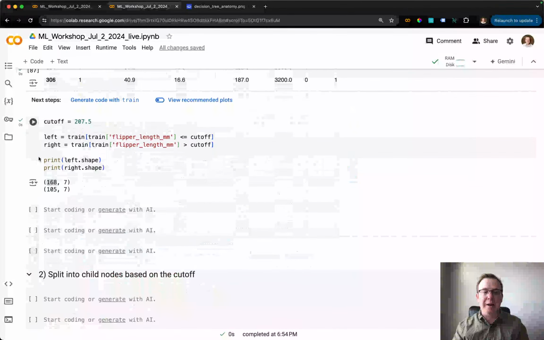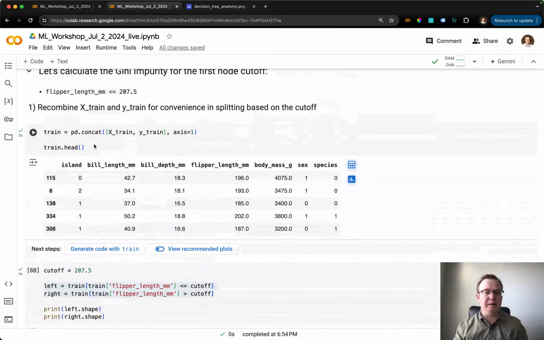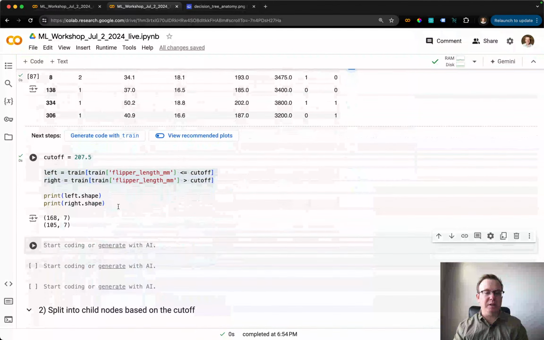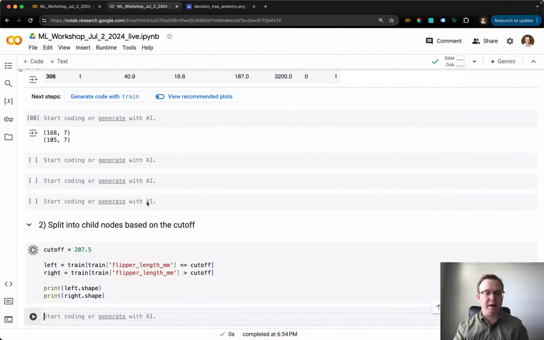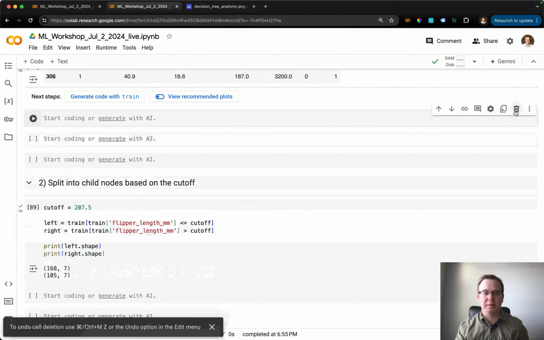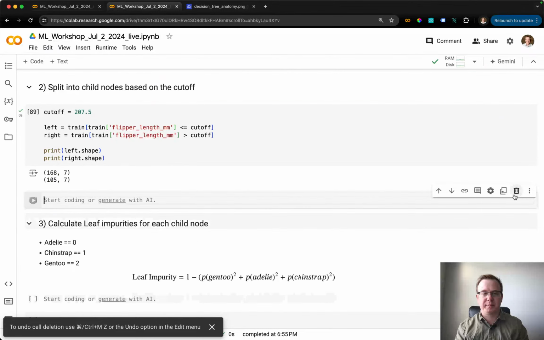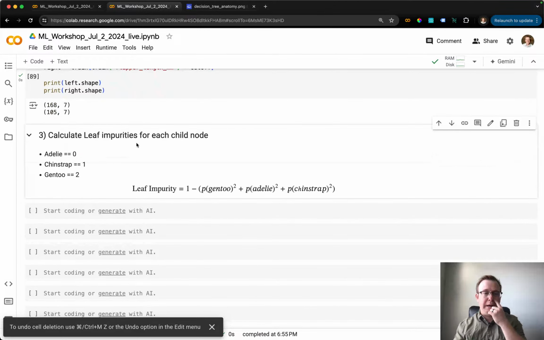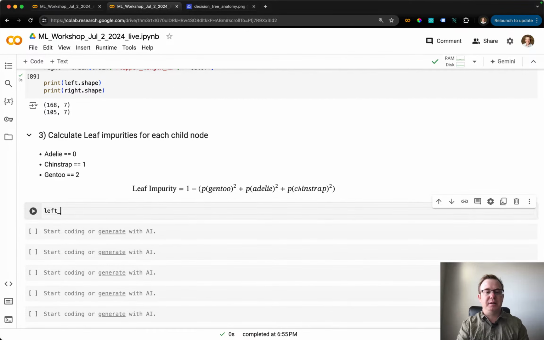But now I need to calculate the Gini impurity of left and right. Oh wait, so let's see. Recombine, I meant to do this down here. Split into nodes based on the cutoff, just to follow the structure of my notebook. Okay, so there's the cutoff. Now I'll calculate what are called the leaf impurities, the two impurities separately. So, left impurity,